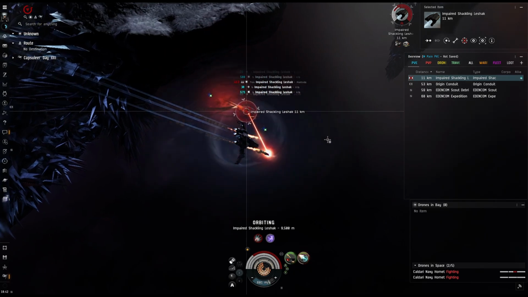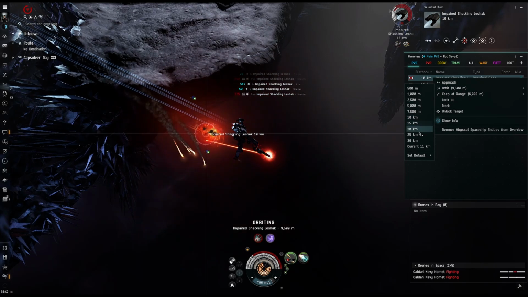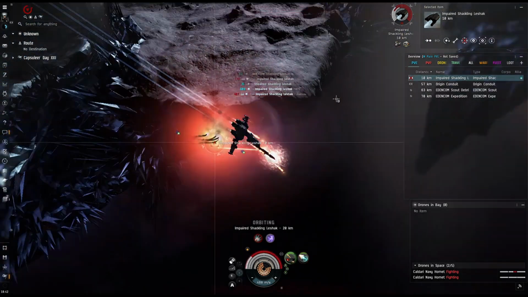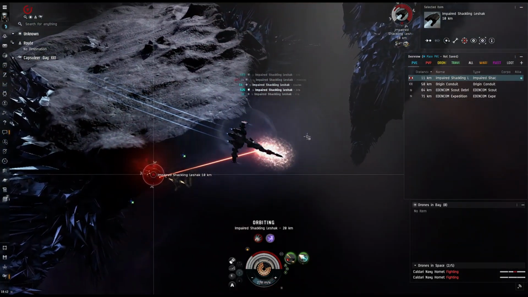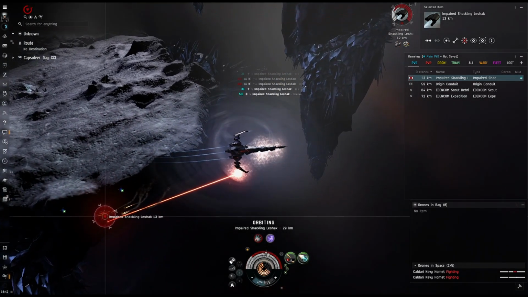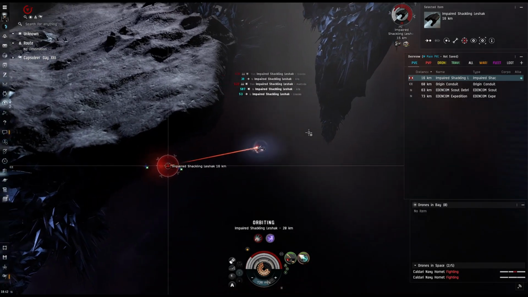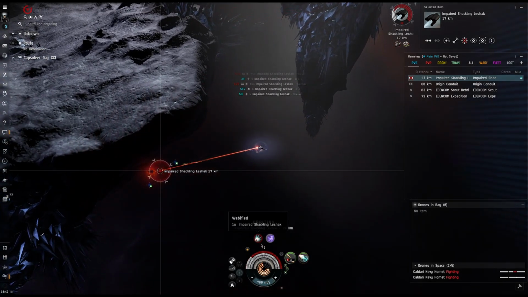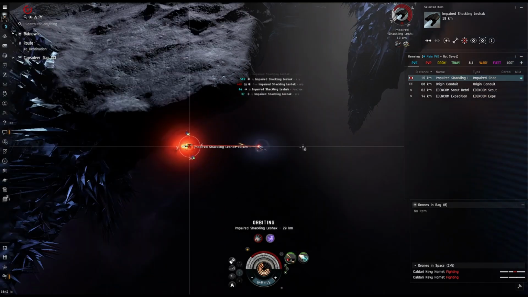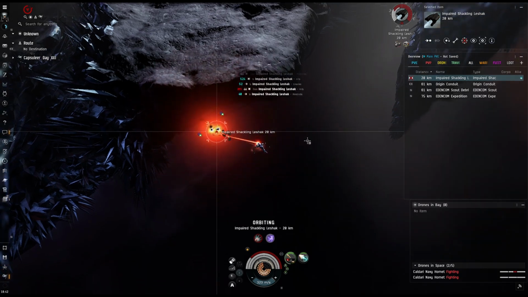See if boosting my transversal helps at all. It does. So we're going to go ahead and back that orbit up a little bit. Yeah, because we just got out of peak recharge. So we're going to get away from him a little bit, because his web effectiveness is modified by distance, so...